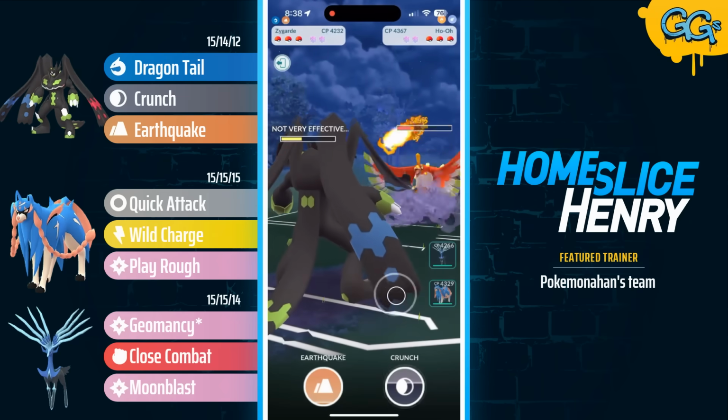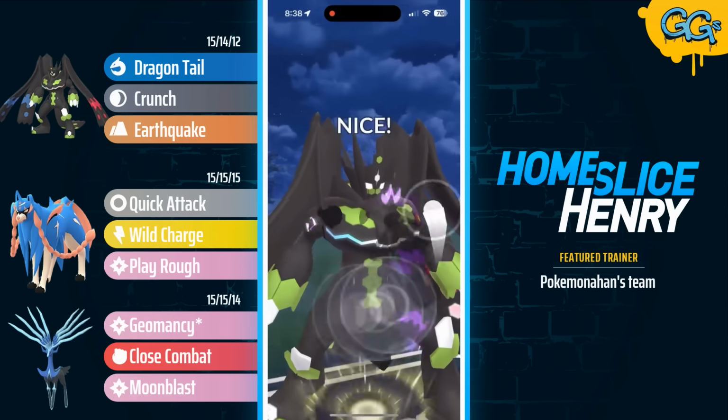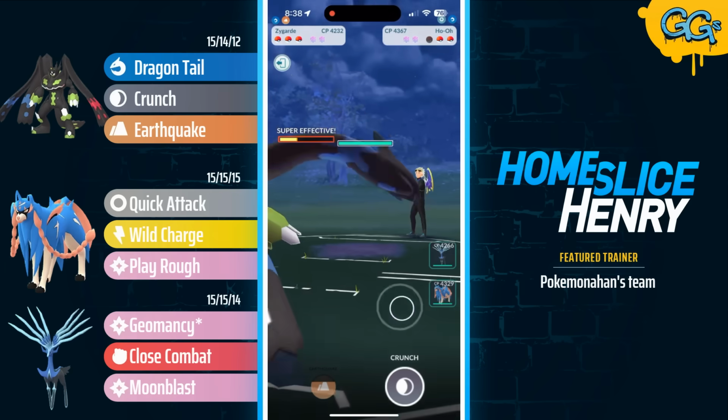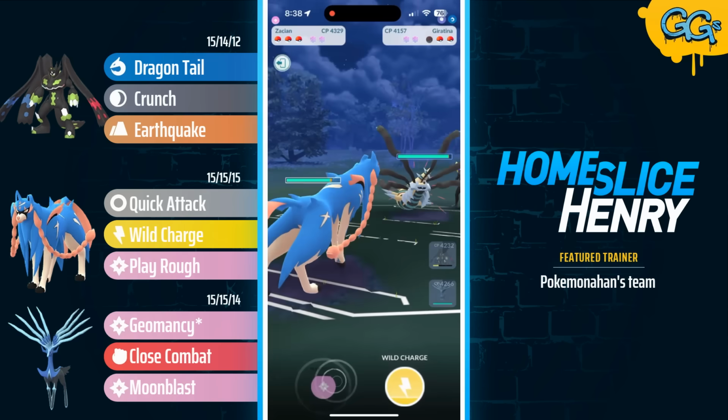Opponent going for another Sacred Fire, fishing for the debuff, and unfortunately for the opponent, they go 0 for 2. ZYGARDE at back-to-back Crunches here. Crunch is going to secure the KO onto Ho-Oh. In comes Dialga, and as always, we see the pivot into the Zacian, and in the back, we see what